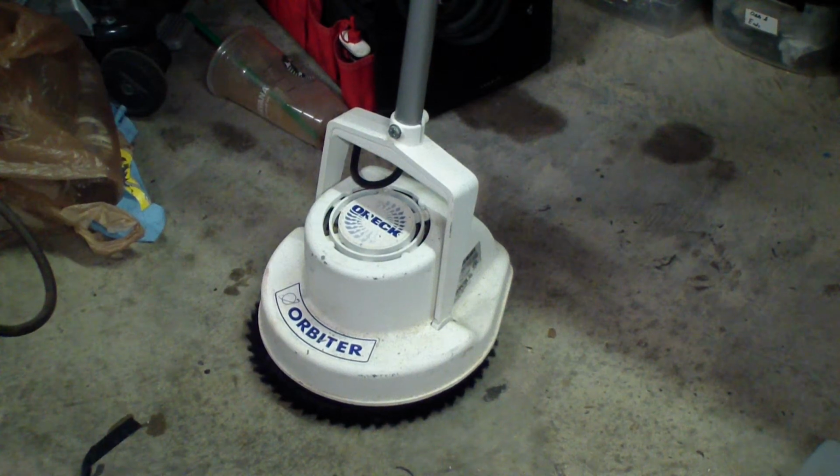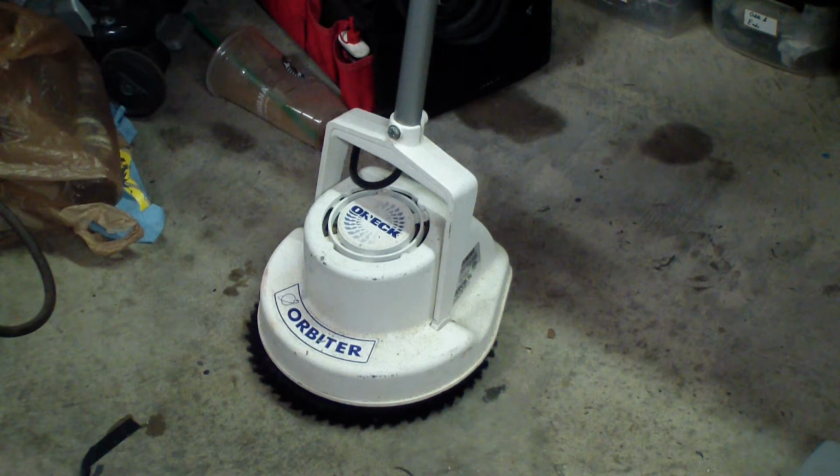Alright, today guys, I'm working on an Oreck Orbiter floor scrubber. I got this from one of my neighbors. She said she has had it about 10 years, and when she tries to start it up, she hears a buzzing sound like it's starting to go or start up. It spins a little bit, and then she hears a click and it just turns off